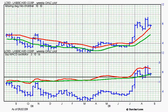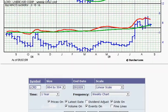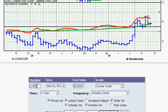If you look at this, it's got a rounding bottom, a classic base here, and then the breakaway above this resistance point was a wide range bar, and that's very bullish. It came in on strong volume, which isn't shown on this chart, but this stock looks to be heading higher. The MACD is on a buy signal, so we'll take a look at another one. So we're long